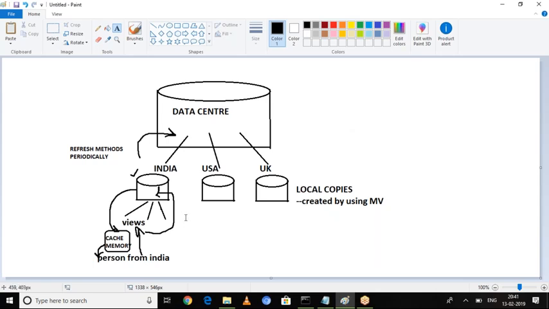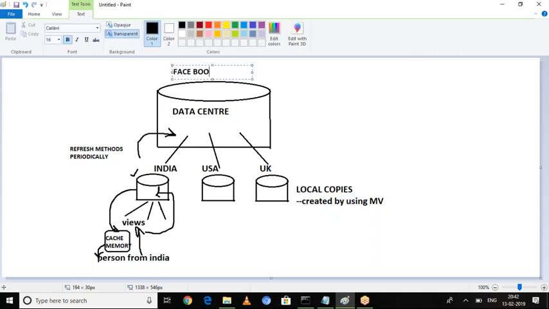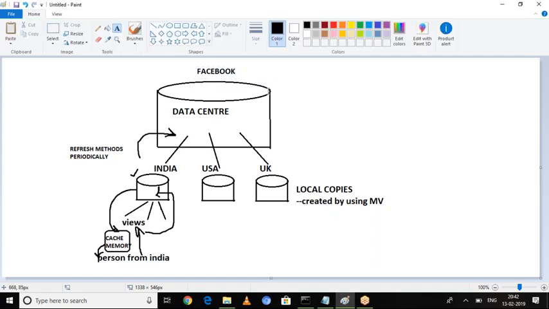For every business, suppose let me consider there is a business, Facebook. The business name is Facebook. So Facebook is having a data center. What is a data center? The data center has complete Facebook business data all over the world. Complete Facebook business data is available under the data center. If any request is processed on the data center,